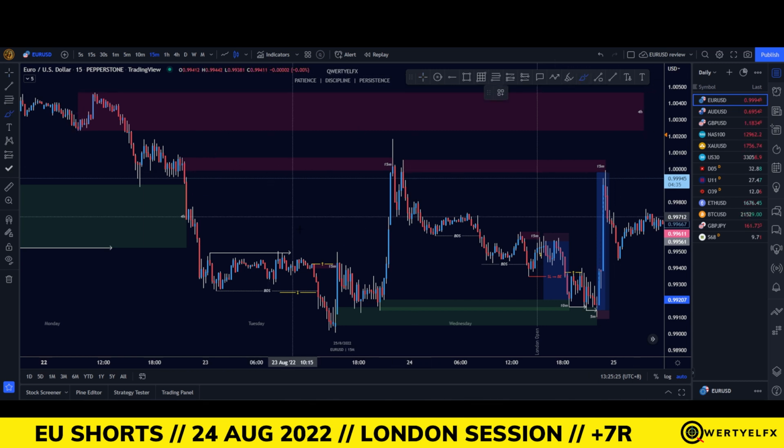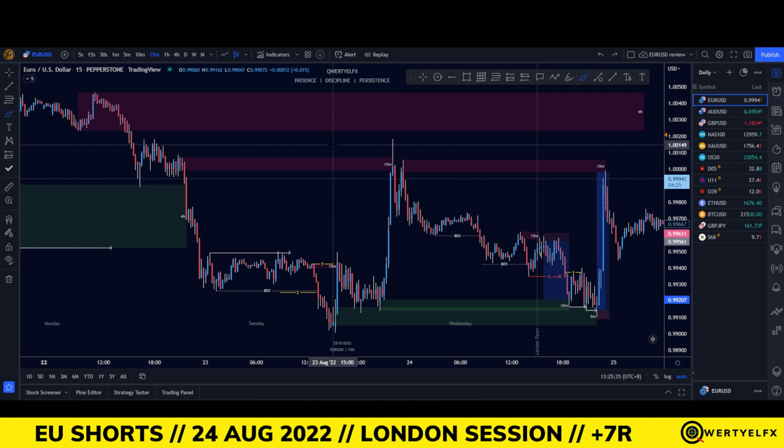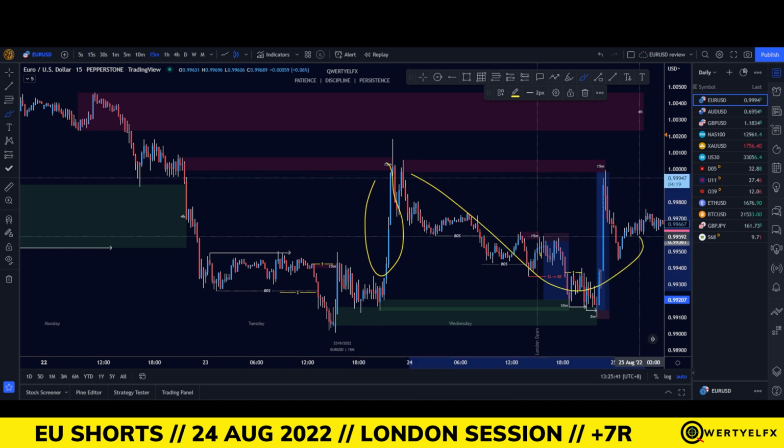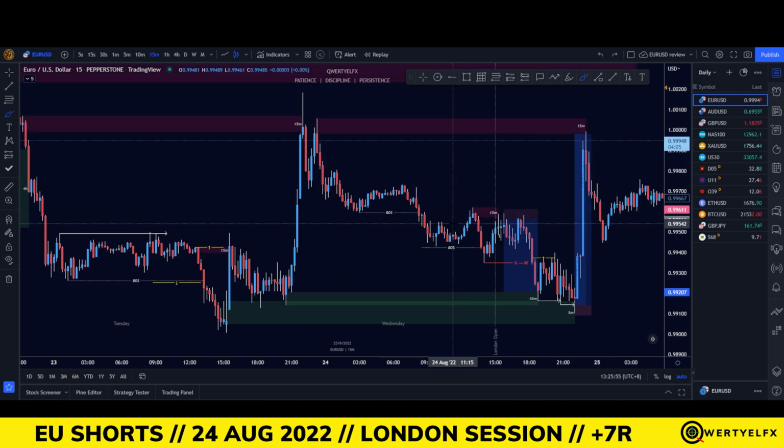So you can see that when we had this big push over here during the news the previous day, we pushed up into this last 15-minute sell zone over here, but we failed to close above it, grabbing the liquidity above. We also have this bunch of imbalances that we've yet to fill, so the pullback was definitely incoming after that big push up. So if you're already anticipating the pullback coming the next day, what you can do is,